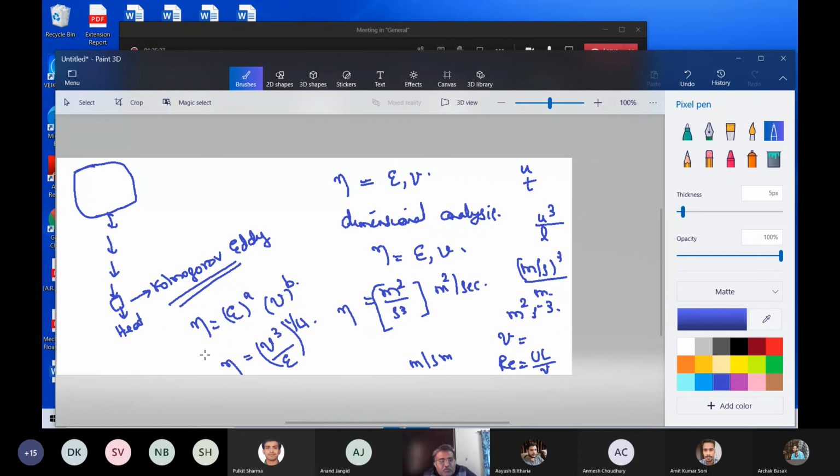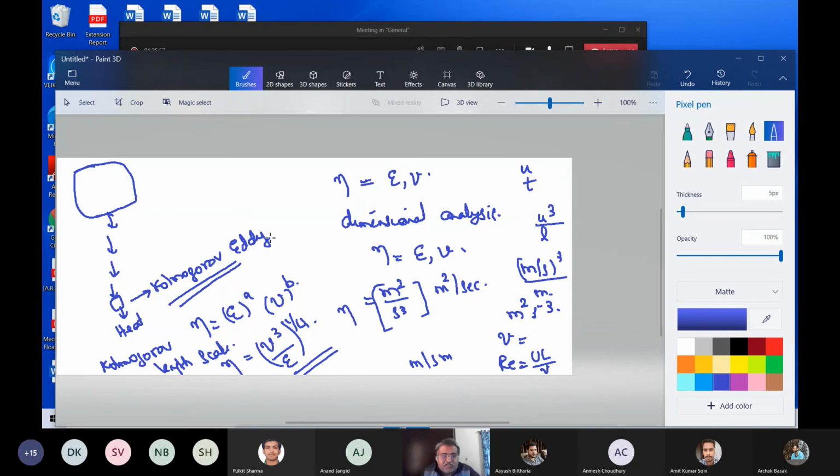This is known as the Kolmogorov length scale. This is the smallest scale of turbulence. This is the smallest eddy that will be there in turbulence, which means if you take a region with a length scale less than this, that region will be laminar. Up to this, there will be turbulence. So it is known as the Kolmogorov length scale: eta equals nu cube by epsilon raised to 1 by 4.